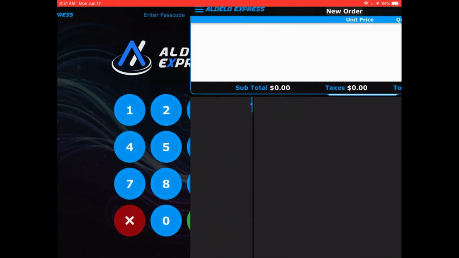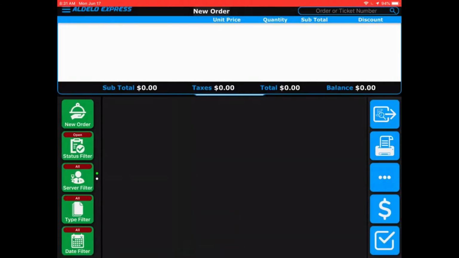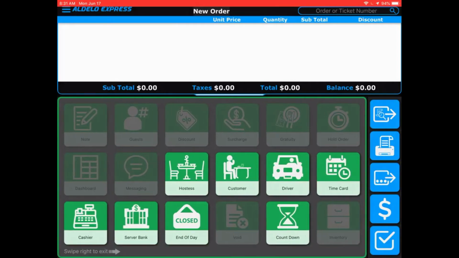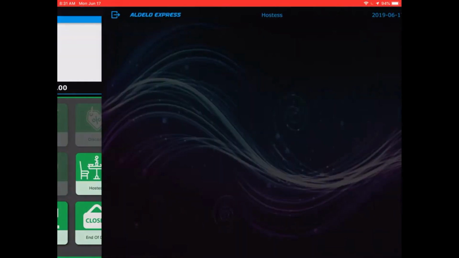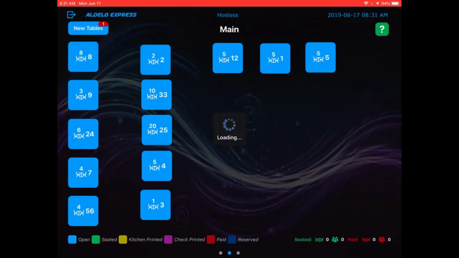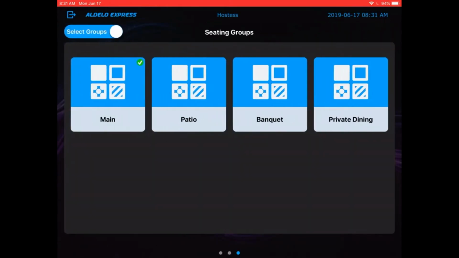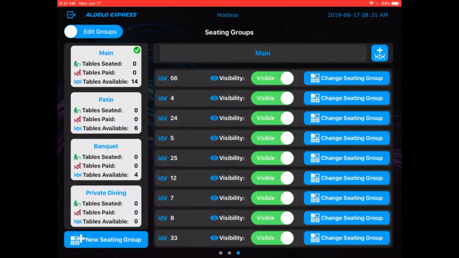To add a floor plan to your Aldelo Express, simply log in, click on the three little dots to the right, choose Hostess. You get a table selection screen that comes up. Slide right on the screen. You'll change Select Groups there at the top, and you'll get an option to create new tables there in the